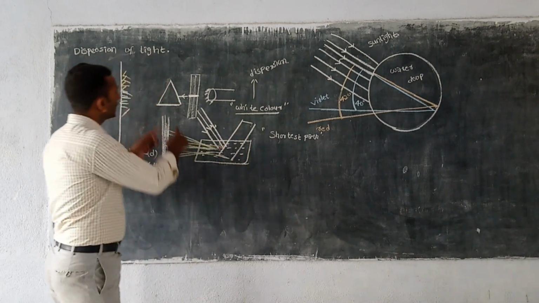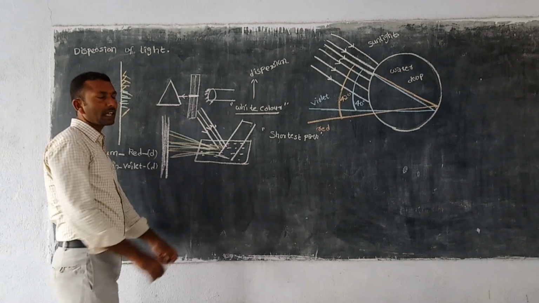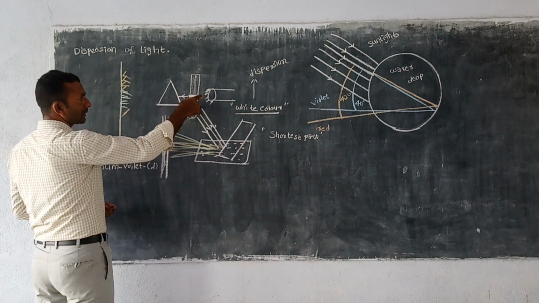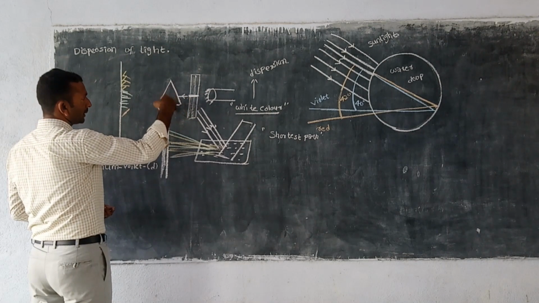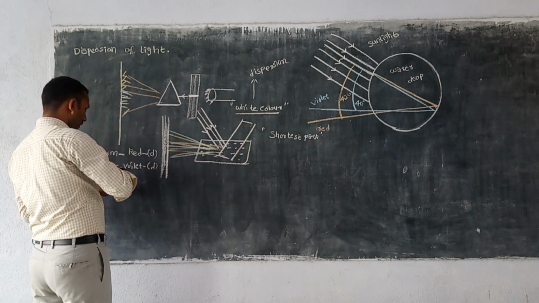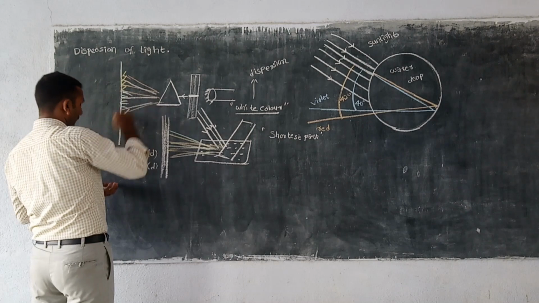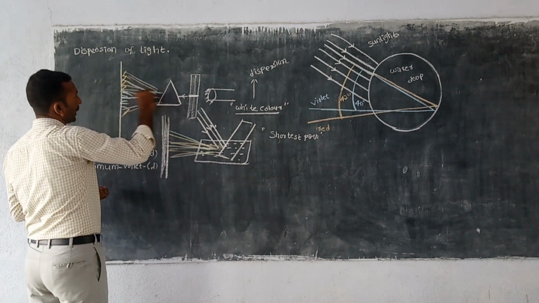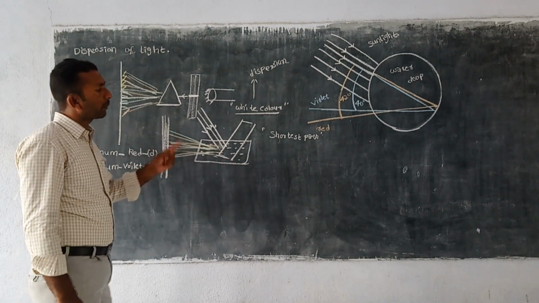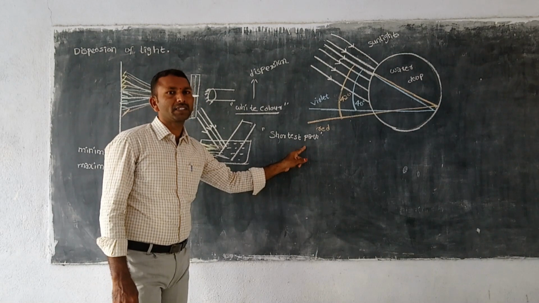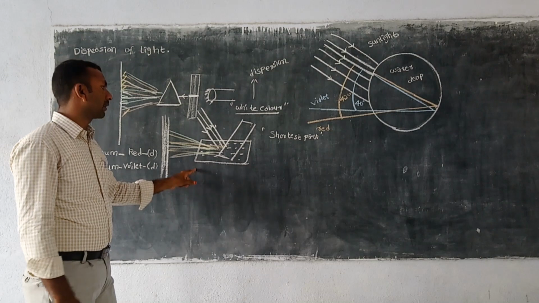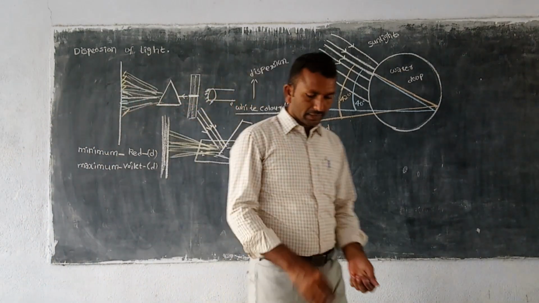But here in this activity, what has happened? You can observe only one light ray, one color, is coming from this narrow hole, and after incident on the prism, it disperses into different colors. That means it has taken different paths. And here also the light has taken different paths. According to the Fermat principle, the light ray always takes the shortest path, but here the Fermat principle is not being followed. So what is the reason for that?